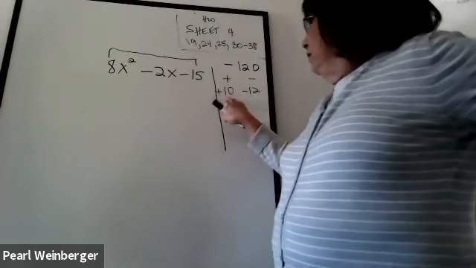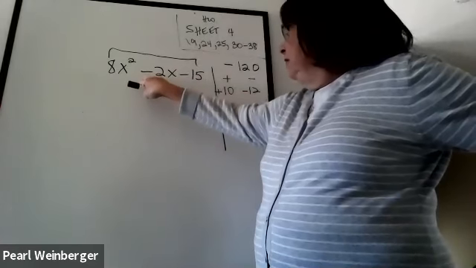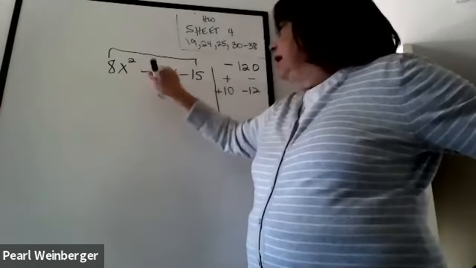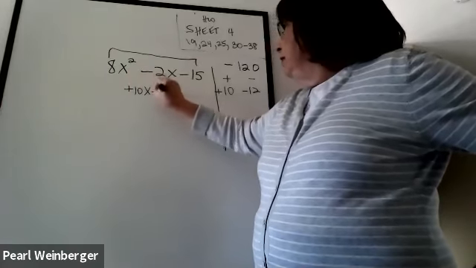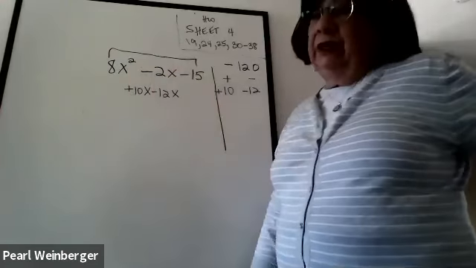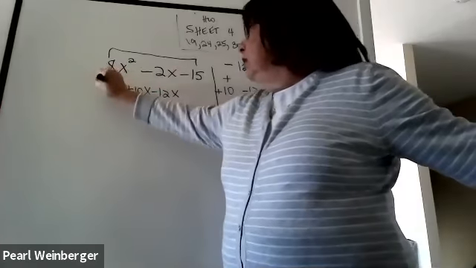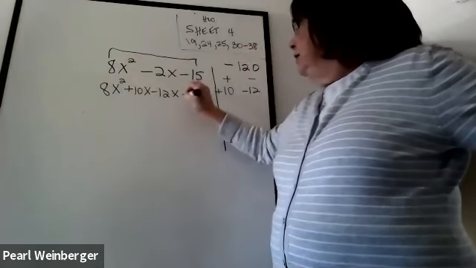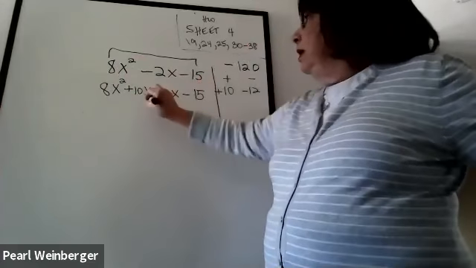So now that I've figured out these two numbers, I'm going to rewrite the negative 2x as plus 10x and minus 12x. Notice if I would have combined them, I would have gotten this negative 2x. I do this because I want to end up with a total of 4 terms. So this will stay the 8x squared, and this will stay the minus 15. And now I have 4 terms, so I can do